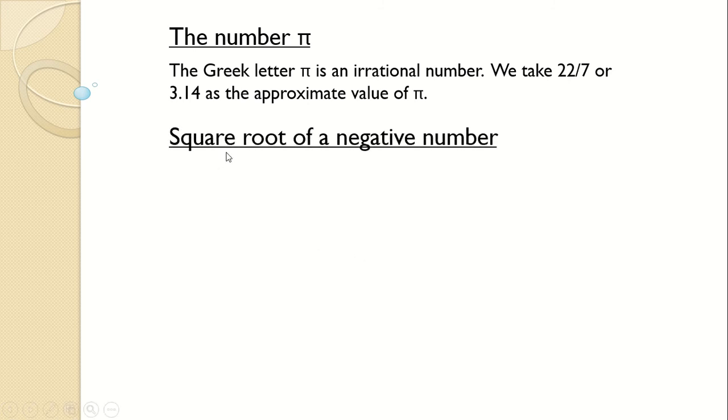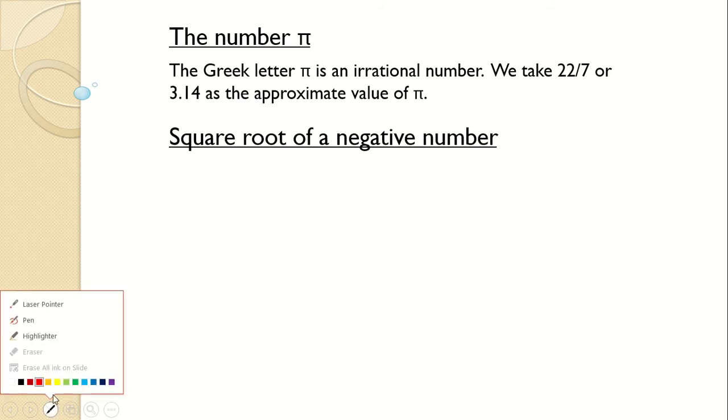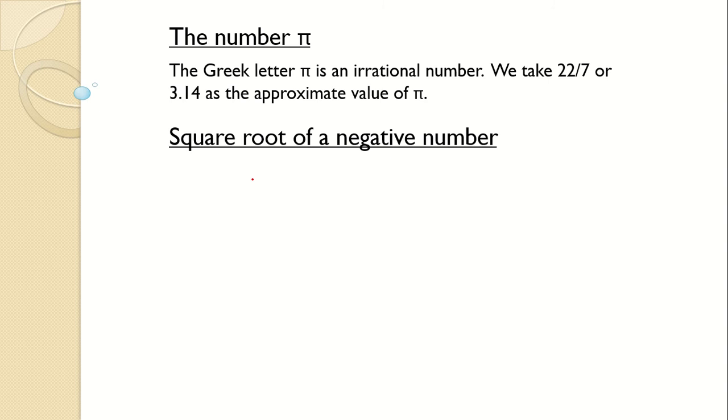Now next we come to the square of a negative number. So far we have learned that for real numbers, the square of any real number is always positive. For example, I have the number 2, its square is going to be 4. 2 is a real number. Then I take the next number, -2. If I take the square of -2, it is also 4. So -2 is a real number and its square is positive.